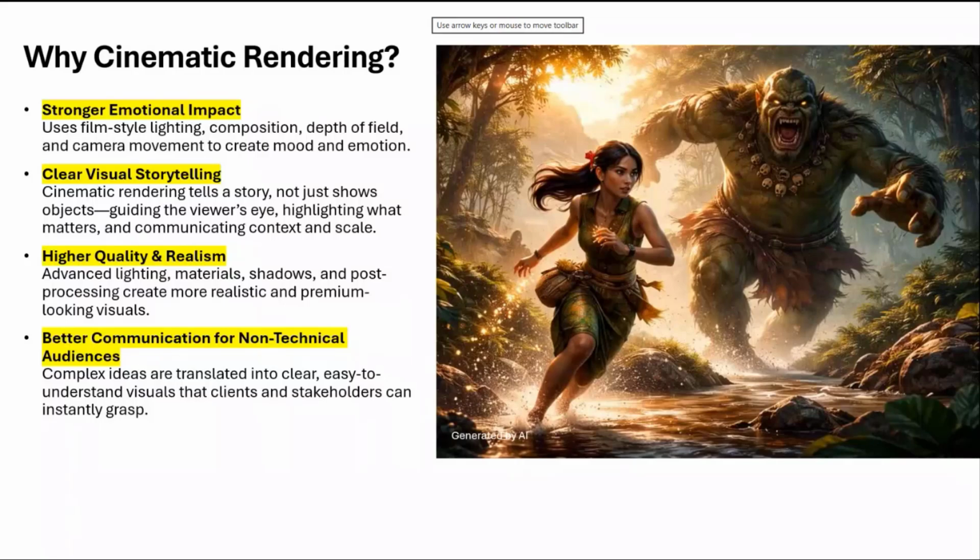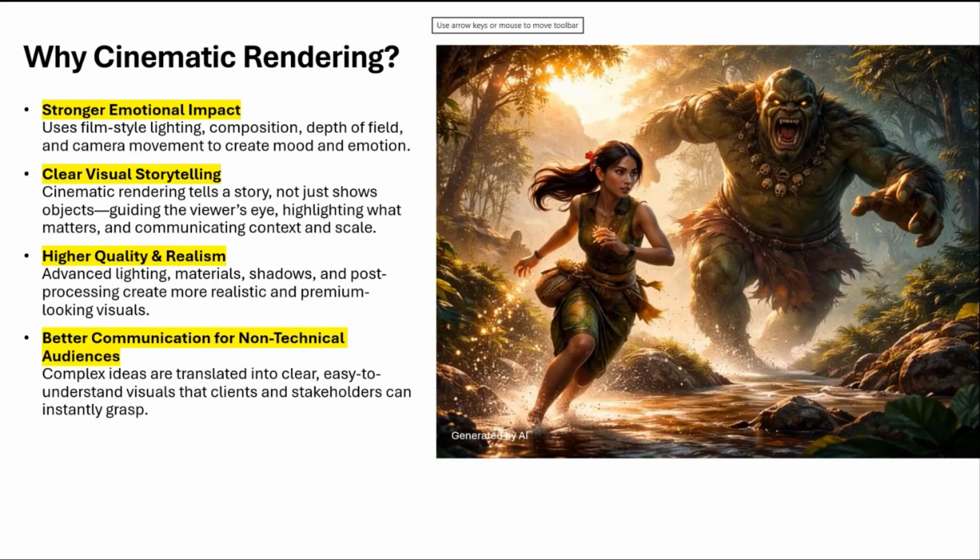And then the last one is better communication. Can you imagine showing your cinematic rendering to a non-technical audience, people who don't have a technical background? They will have a lot of questions. Sometimes when you have a complex idea, you cannot translate your story to them.